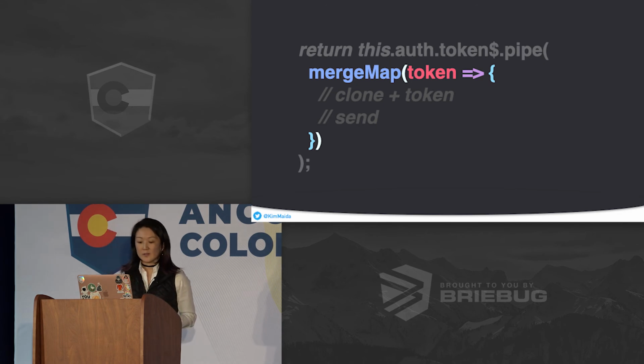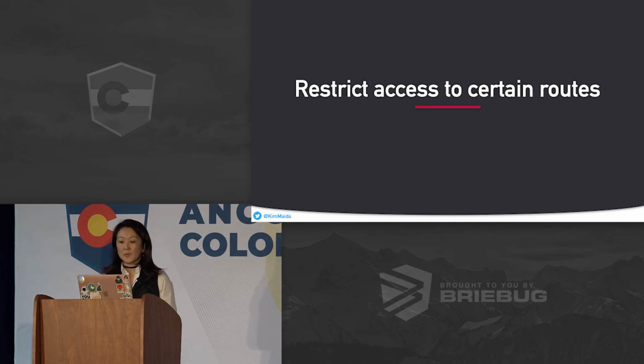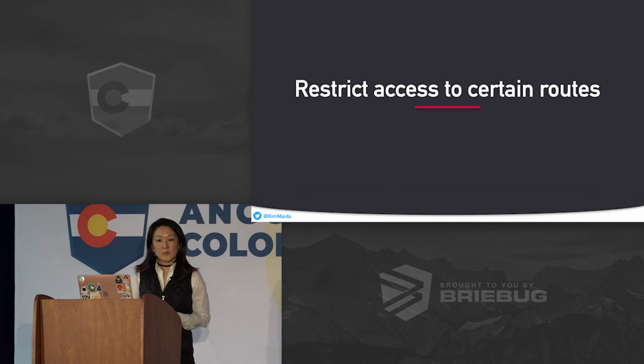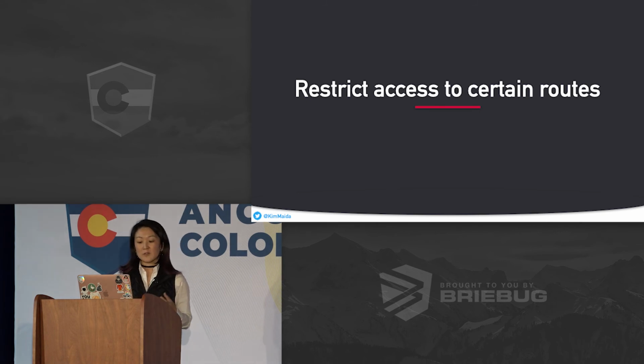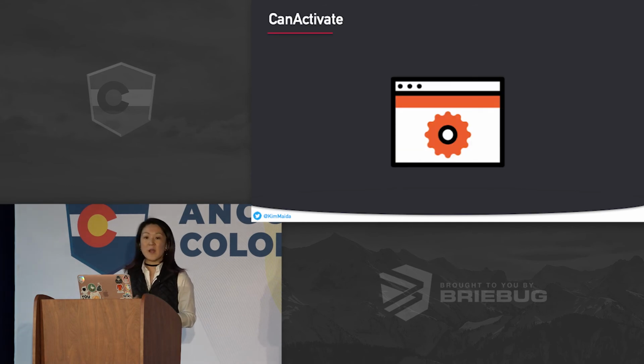So if we come back to our list now, we can use interceptors to send the token with our API requests. And this brings us to the last item, which is restricting access to certain routes. Now, we're probably all relatively familiar with route guards. Route guards implement 3 different interfaces. The most common default one is canActivate, and this prevents unauthorized users from navigating visually in the UI to a route. But the important thing to know about this one is that the code is still loaded. So we're still getting the code for that route in the browser,